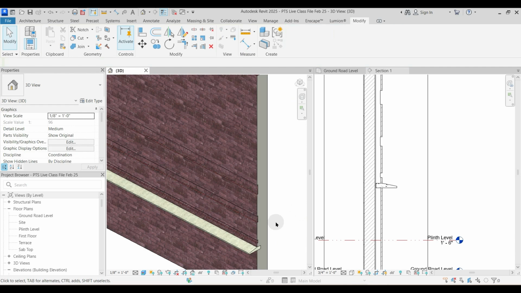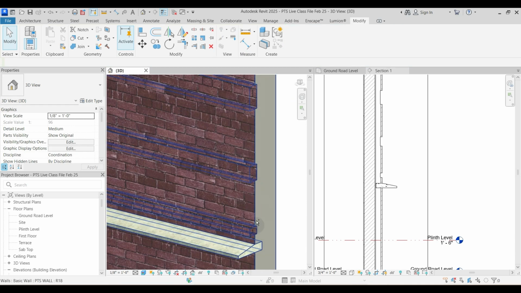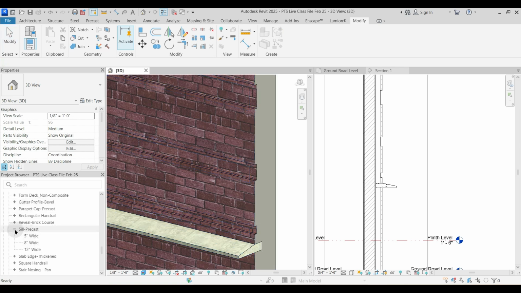So now if you see this, then we have three grooves that have been created. This is because of reveals. Reveals deduct some portion from the wall. The wall sweep brick course, and just like that we have